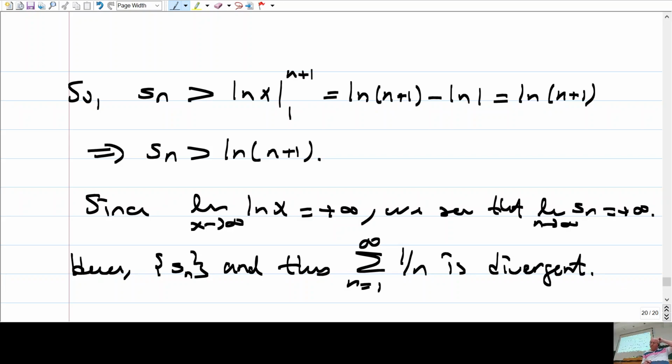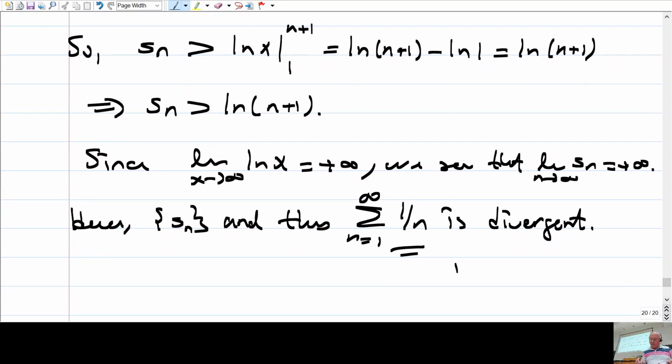Okay, but let me remark the following. If you add 1 over n's, that sum will grow and it will go to infinity. However, if you plug this formula into a computer and let the computer compute this sum for large values of n, you will never see big numbers, okay? Because it grows similar to ln n,